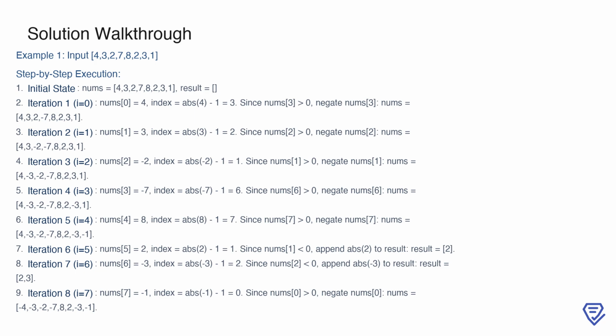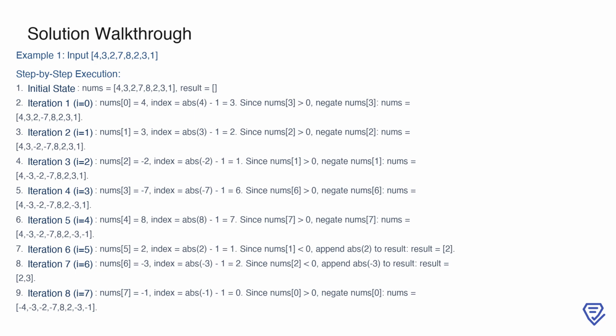Moving to the next number, 3, the index is 2. Again, nums[2] is positive, so we negate it to mark it as visited, updating the array to 4, 3, -2, -7, 8, 2, 3, 1. This process continues. For -2, we calculate the index as 1 and negate nums[1], making the array 4, -3, -2, -7, 8, 2, 3, 1. For -7, the index is 6, and we negate nums[6], resulting in